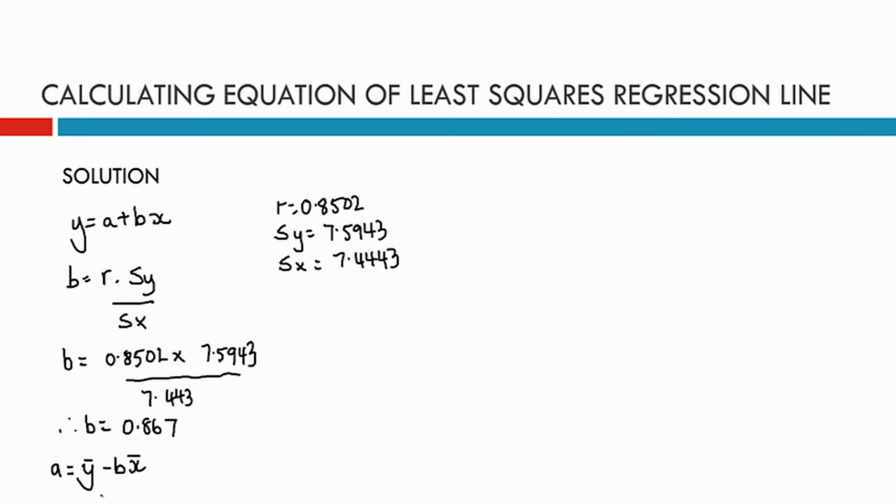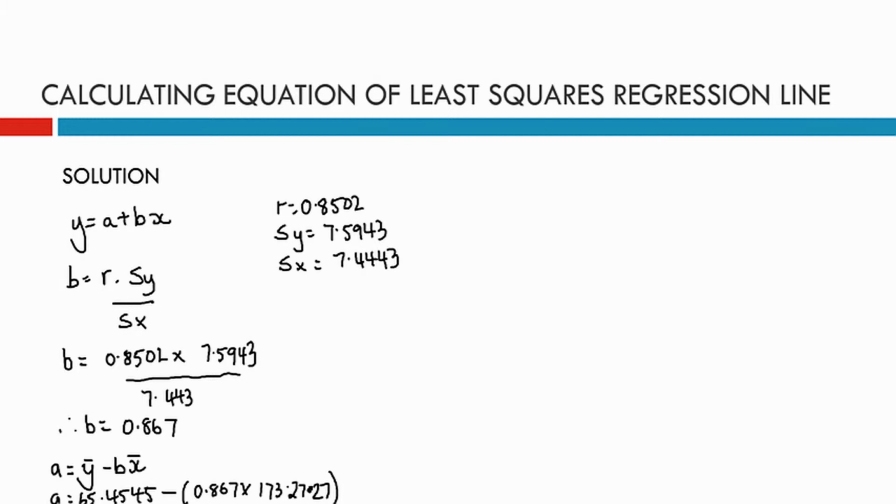And the mean of y was 65.4545 minus b we just found, 0.867, times the mean of x, which is 173.2727. And of course we need to use our calculator to work this out, and when we do so, we end up getting a equals negative